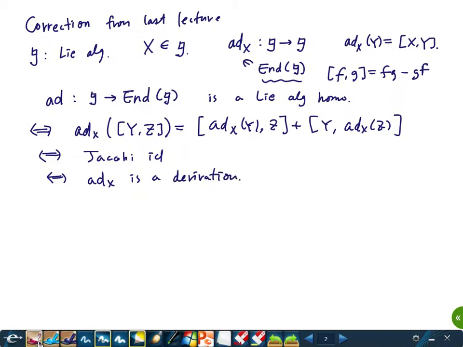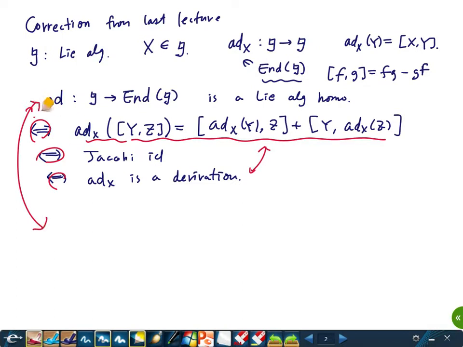All right, so yeah, it's true that if you rewrite this using this definition, then this is equivalent to the Jacobi identity. So this is good, okay? This is okay. And what this really is saying is that this map is a derivation. This is the definition of the derivation. So this is okay, but this one is a little questionable. So instead of this,